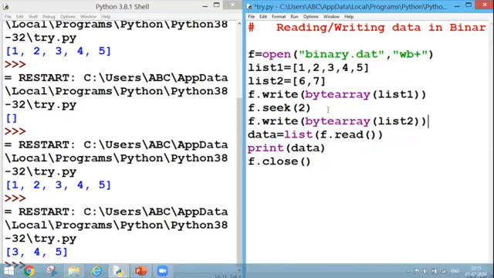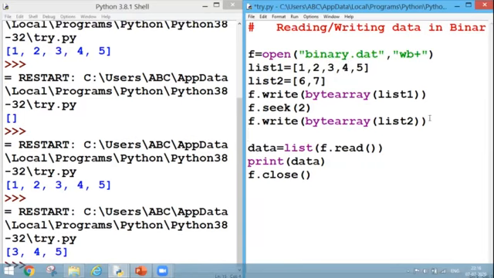Please see it carefully. After placing the cursor at the end of the second byte, what am I doing? I'm going to write in my file from the third byte. And how many values are there in my list? 2 values. So it will override these 2 values in the sequence. After writing into that, I want to read the data from the start. So again, I can place my seek cursor in the beginning of my file and I can read it.